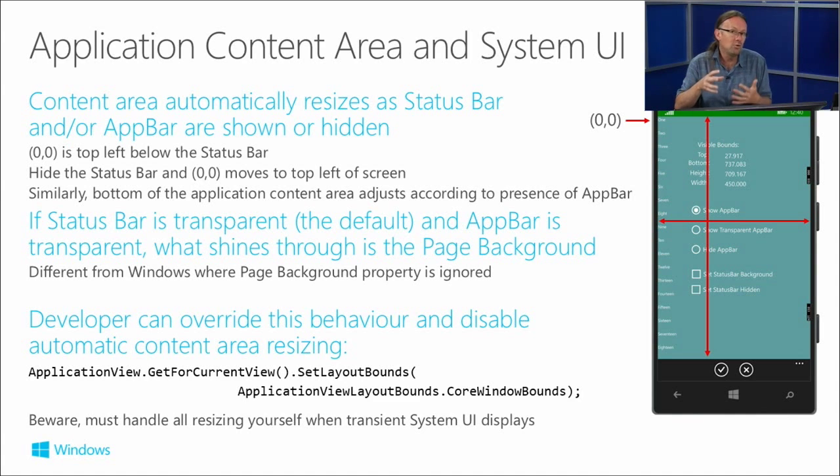There are going to be a few cases, and I'm talking very few, where you don't want that behavior to happen. You want to have the full screen, and you want a bit more control. I'm struggling to think of a reason, but if you think of one, you can override this automatic adjustment behavior. There's this code line at the bottom: you can do SetDesiredBoundsMode to ApplicationView.DesiredBoundsMode UseCoreWindow. That basically means you get the full display area, but you have to write a load of code yourself to react when the application bars come up and when the status bar is visible, and to adjust it for what you want.